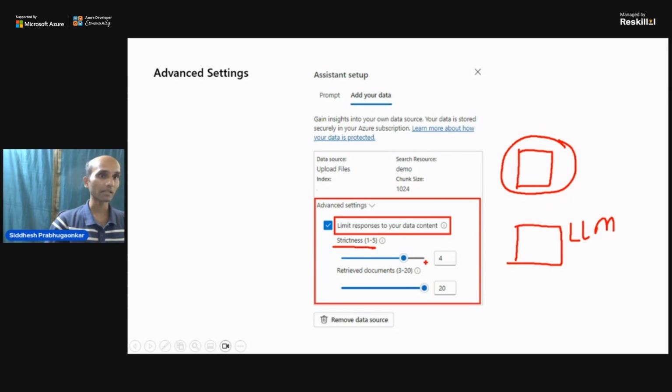Strictness will determine how aggressively you want to filter the similar documents or data within your data sources. Low strictness means more documents are kept; the higher the strictness, it is going to filter out more similar documents. Next, retrieved documents. How many retrieved documents or matching results do you want to pass on to the LLM model? The higher the number,